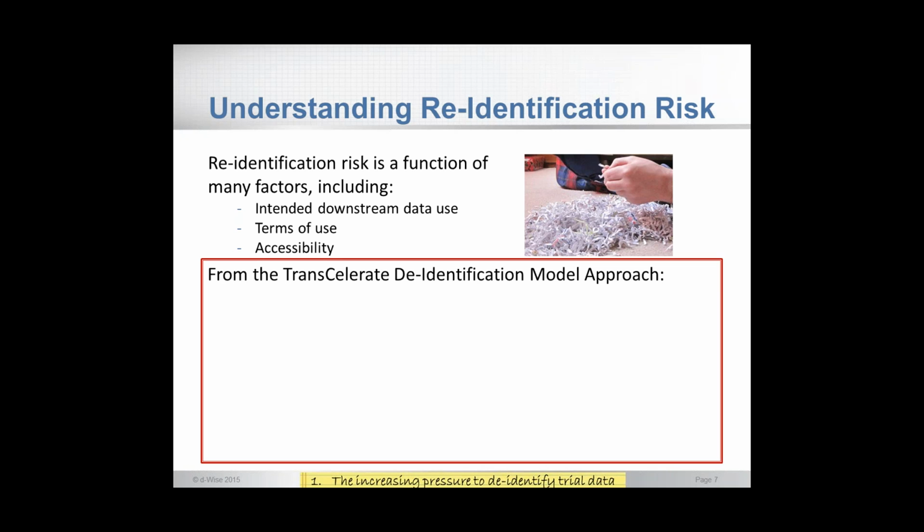And it's probably worth mentioning what Transcelerate has said as part of their de-identification model approach. So Transcelerate, for anybody that's not familiar with them, is a consortium of leading pharmaceutical companies that are trying to tackle industry-wide problems. And one of the topics that they've addressed is clinical trial data transparency and data de-identification. And in the spring of 2015, I think it was May, they published a document that described the model approach that they recommend. And it's not a requirement, it's not a regulation, it's a guideline of how this consortium of leading companies thinks